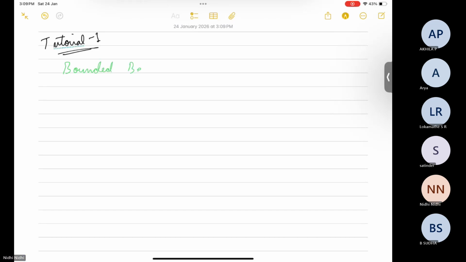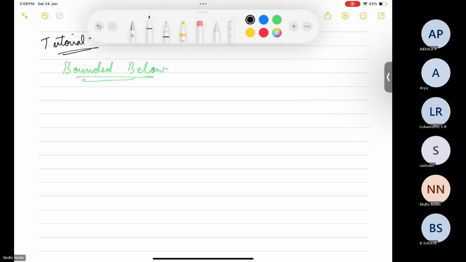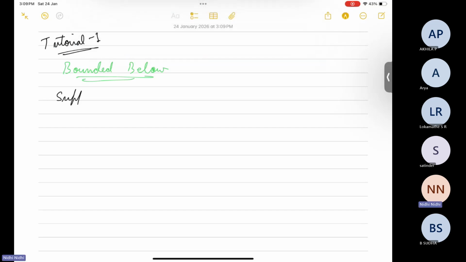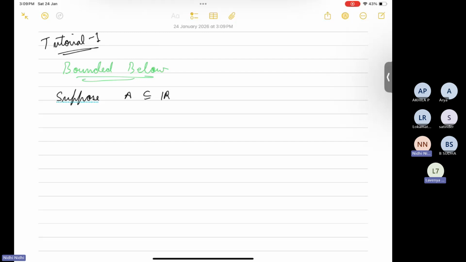Suppose A is a subset of the set of real numbers. If we have a subset of real numbers, we say that A is bounded below